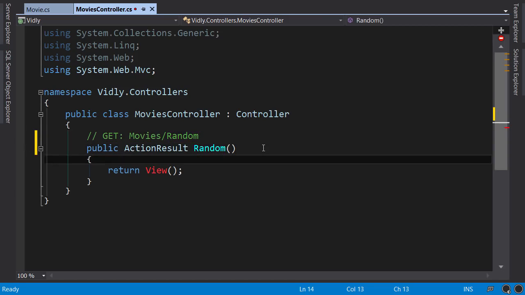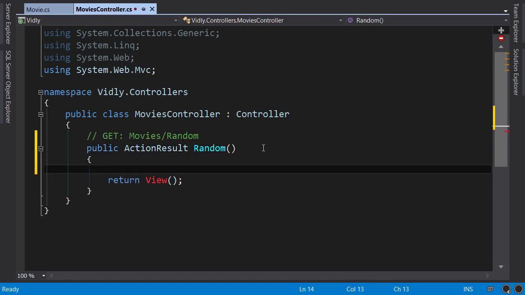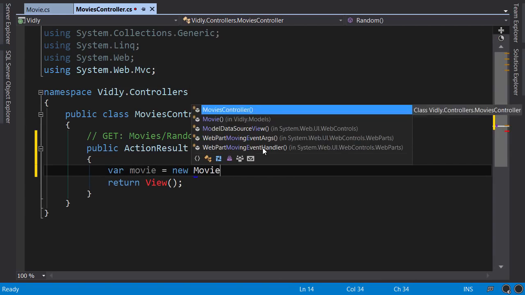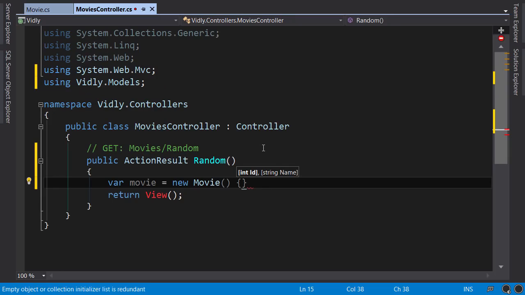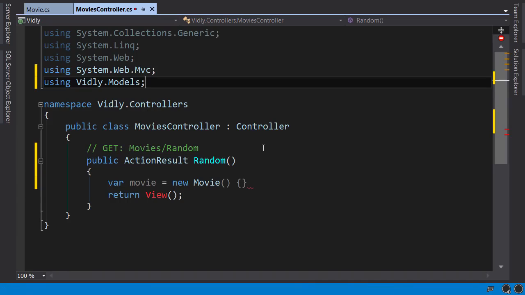Now in this method, I'm going to create an instance of our movie model. So movie, new movie. Now, because I'm using ReSharper, it automatically resolves the namespace for this class. If you're not using ReSharper, you need to go on top of this file and manually type using vidly.models. Back here,